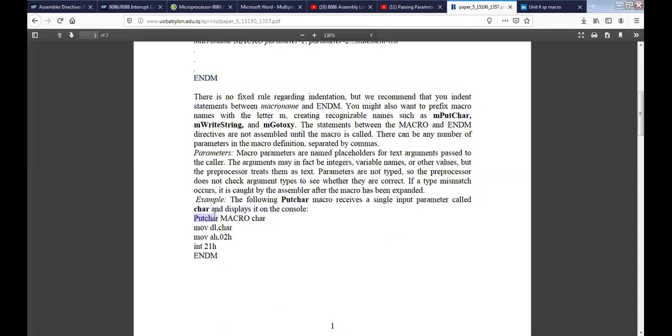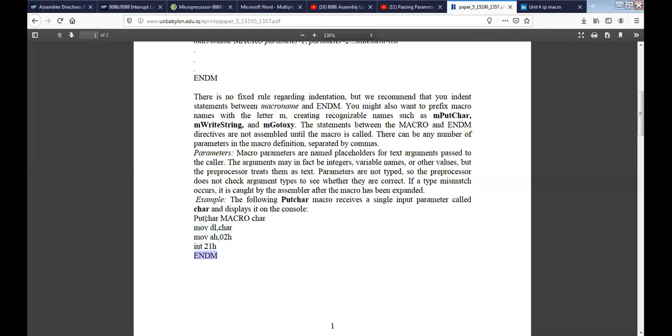PUTCHAR is the name of the macro. Macro is the keyword, the directive, and what you are giving as an argument is the character. Then you write this set of lines of code to put the character onto the console. Then you end this macro with ENDM.